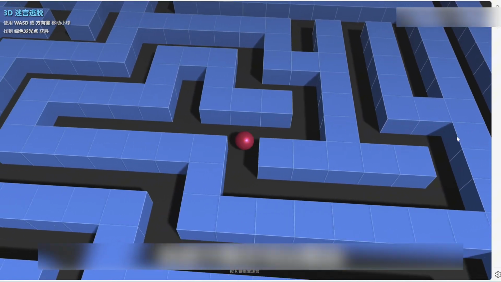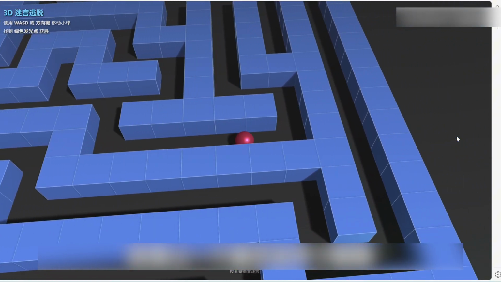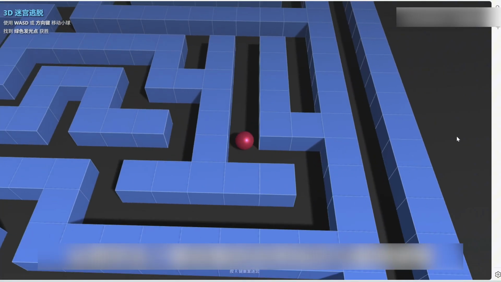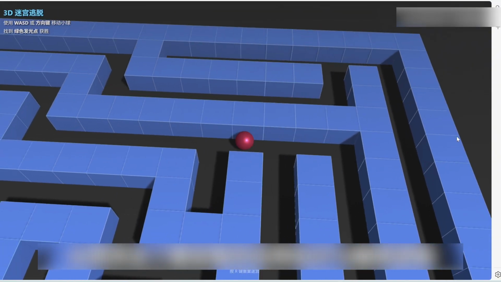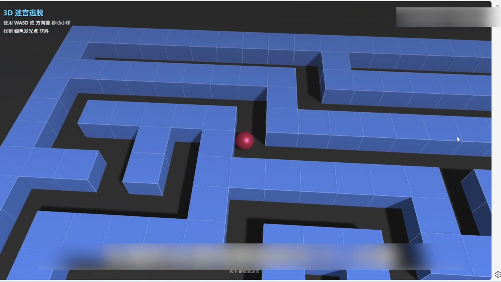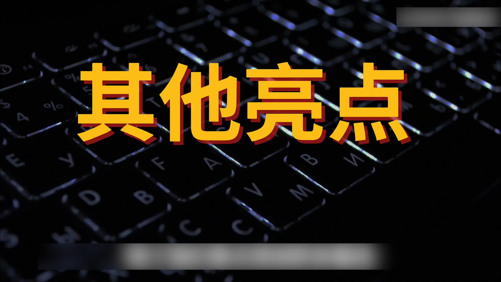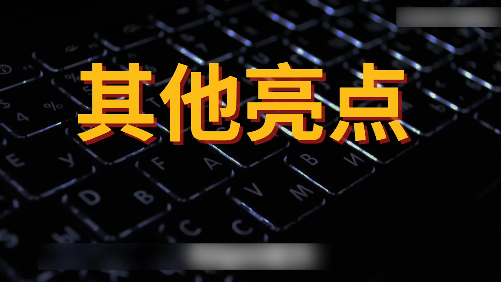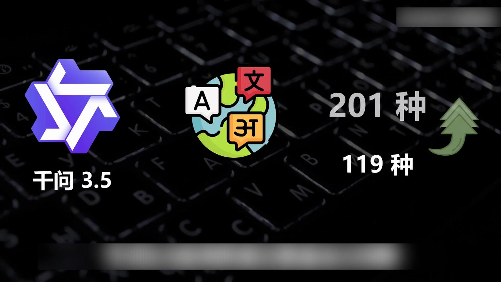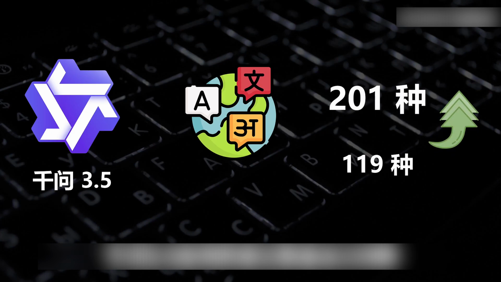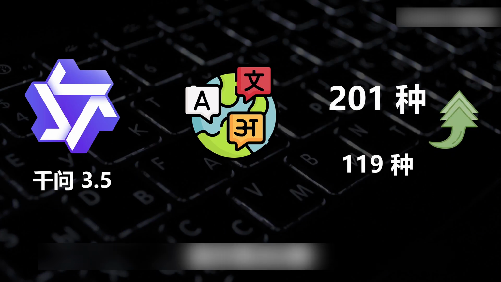As you can see from this example, native multimodality is like making a model open its eyes, thus learning more intensive knowledge of the world and reasoning. The quality of logic-generated 3D games has jumped a lot. In addition to our focus on testing multimodal and agent capabilities, the number of languages supported by Qwen 3.5 jumped from 119 to 201.